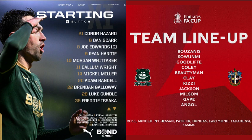Argyle then with the ball inside right channel. Dan Scarr has it, he plays it back to Hazard, first time squares it off to the near side for Galloway, then left-footed will play the ball longer upfield. Little triangles for Sutton, feeds it for Kizzy down the right hand side, tries to play it longer, and Jackson tries to get on the end of the ball down the right hand side for Sutton United. Galloway comes across, picks off the ball, clears it upfield, and then as Sutton tried to clear the ball away, it's picked up by Argyle, and that is a poor ball into no man's land. It's picked up by Sutton,